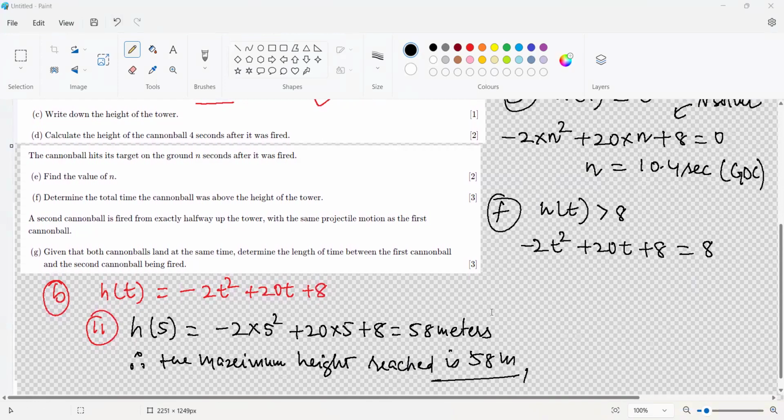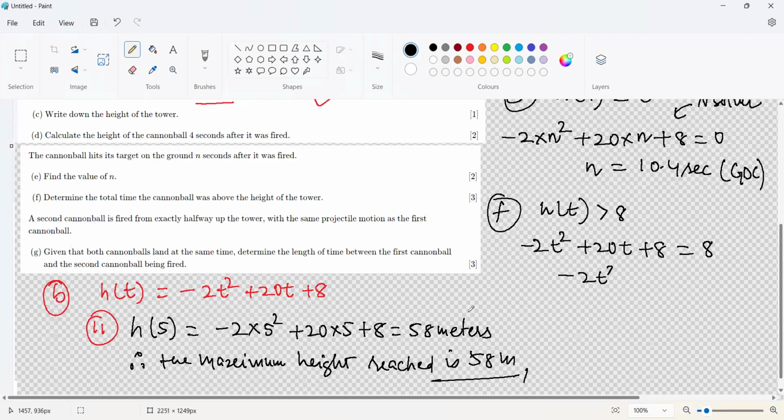So negative 2t square plus 20t plus 8 is equal to 8. If I solve this, I'm going to get the time